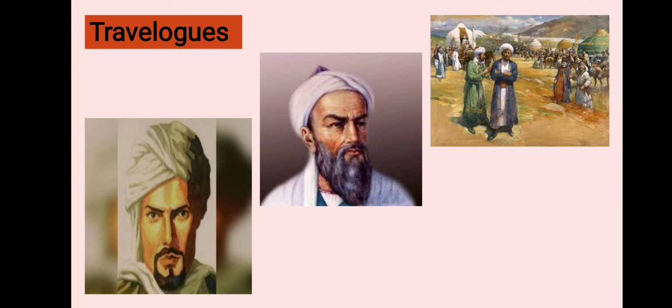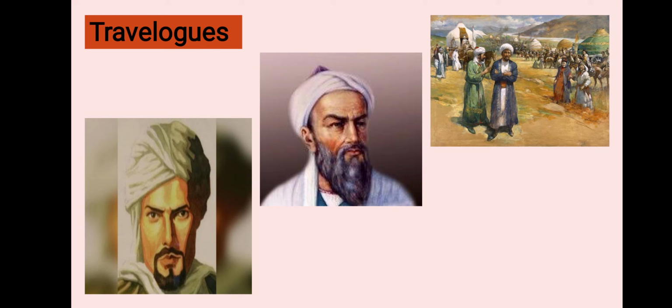The first important written source is travelogue. What is meant by travelogue? Travelogue means the information written by foreign travelers in their books. It is known as travelogue. Many travelers visited India. They saw Indian life and they wrote some information about India in their books. This information is known as travelogue.